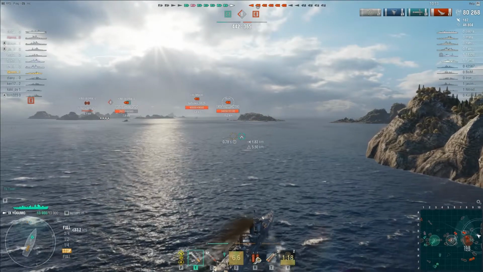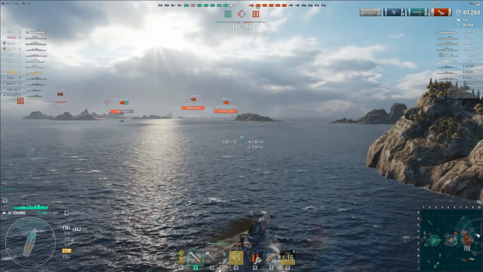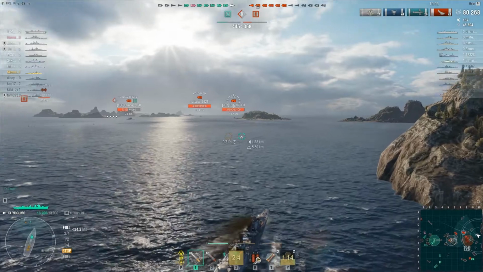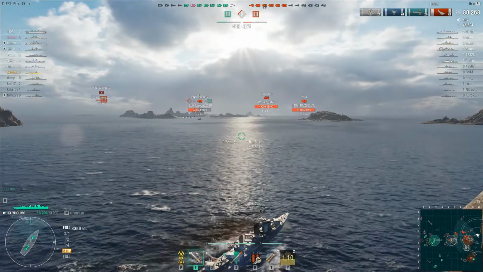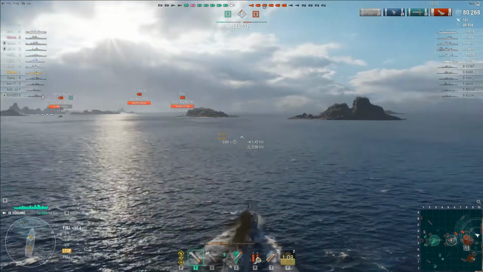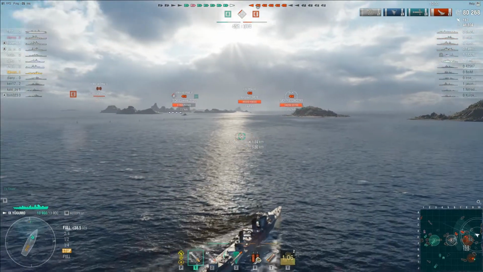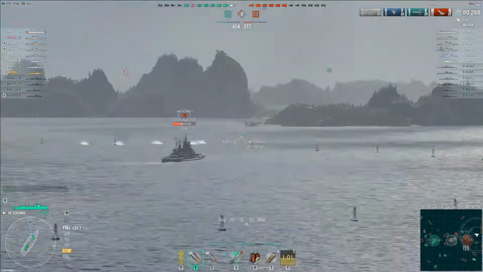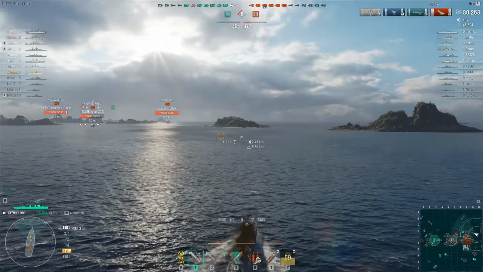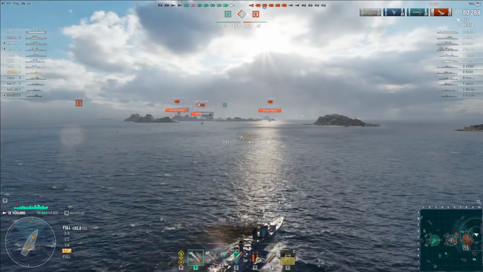Not because it was a bad ship, though. The Yūgumo class was a decent destroyer, especially for the time. It just really suffered the Imperial Japanese Navy's wrong place, wrong time situations. So we just see some more torpedoes coming in on that King George, and just keeping an eye on things